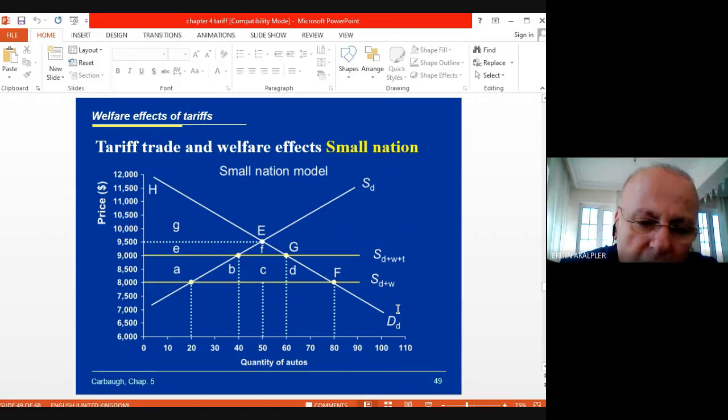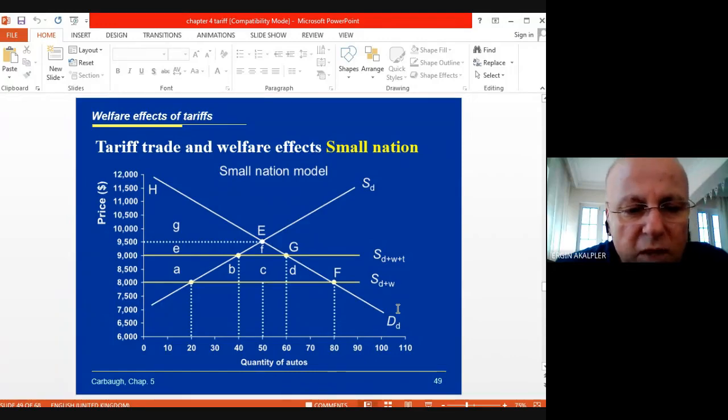And this will now reduce the consumption from 80 to 60 and increase the internal production from 20 to 40. Therefore, protection is good in the small nation, as you observe, where it is bringing the market to the internal price level, because our internal producers can produce at $9,500 per unit, because they are not able to survive otherwise. But in the international market, when we join, our production price is now reduced to 9,000, because our